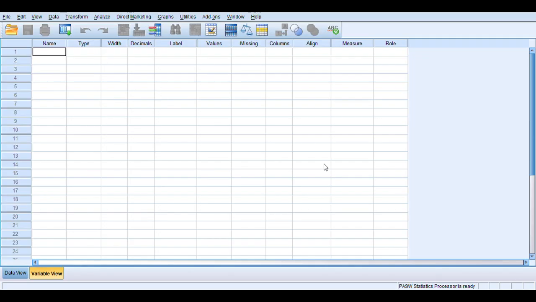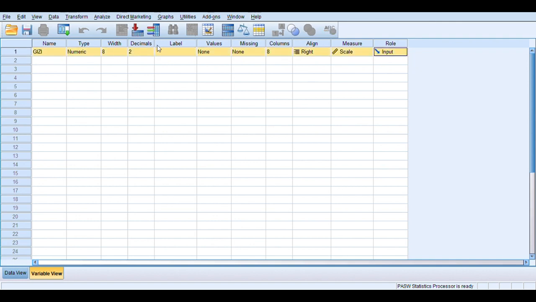And then I want to make a bivariate analysis. First, in the name column, write Gizi. In the label column, write Gizi buruk, and values: 1, Gizi buruk, value 2, Gizi baik.